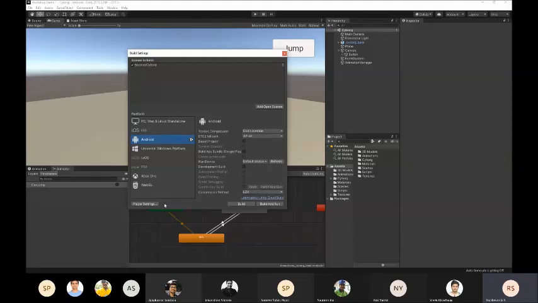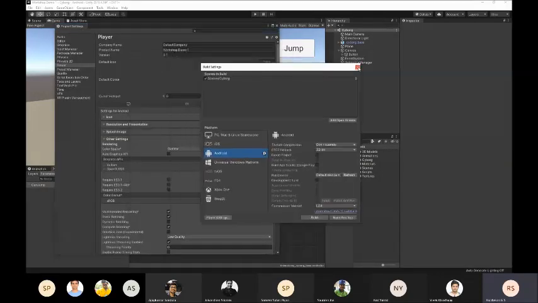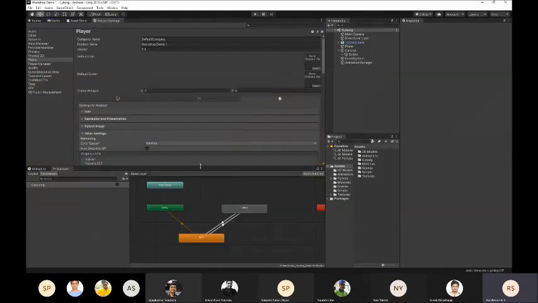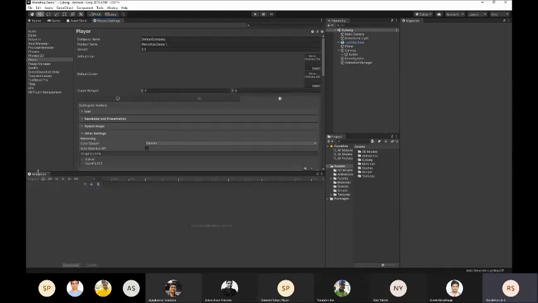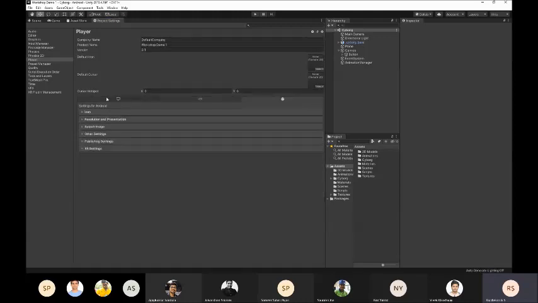And then you have to make some configurations in what we call player settings. These are configurations that you have to do. Even for iOS, there are some configurations. For Android also, there are some configurations. I'll close this animator, and we don't need these windows anymore. Okay, so you have to define some company name or product name.